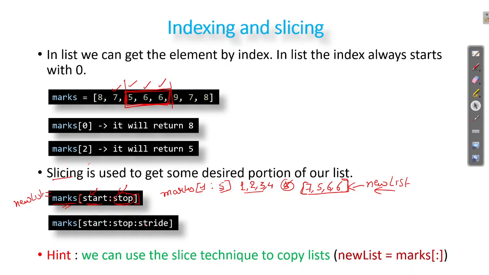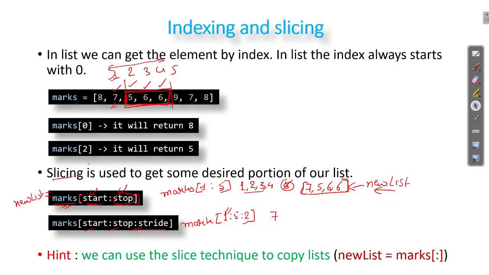We can also provide strides in this list part. So what you can do is start, stop and stride. Suppose you have this list and you have provided a stride of 2, something like 1 colon 5, but I want a stride of 2. What it does is, it will first take this first value, so it will take 7. Let me write the index here: 1, 2, 3, 4, 5. I've written 1 to 5, but it will go up to 4 only, and it has started from 1. Now it will take a stride of 2.